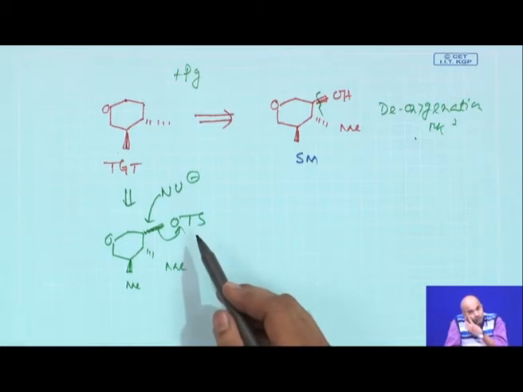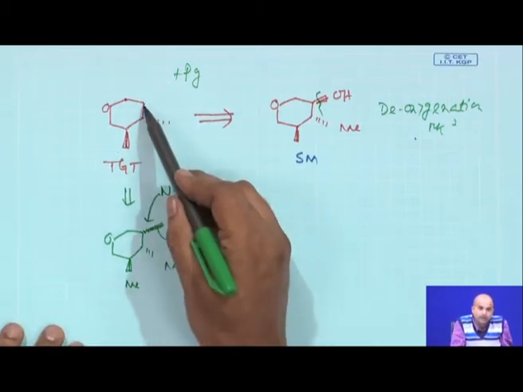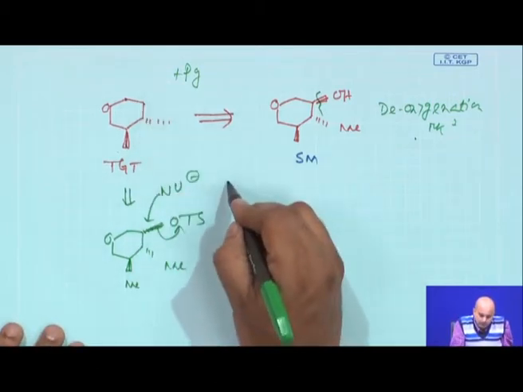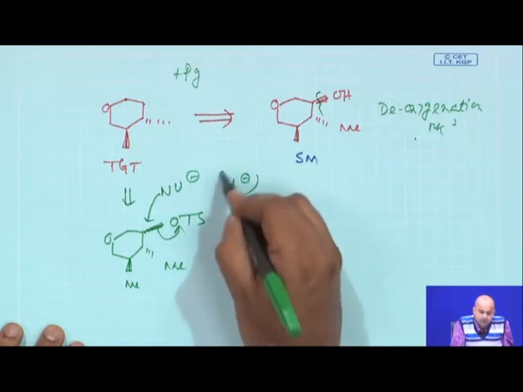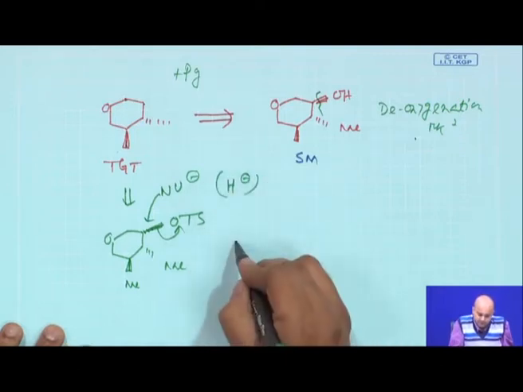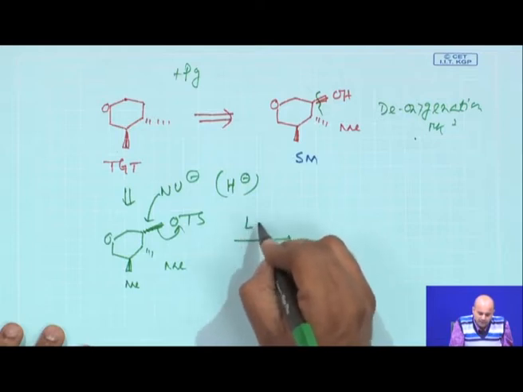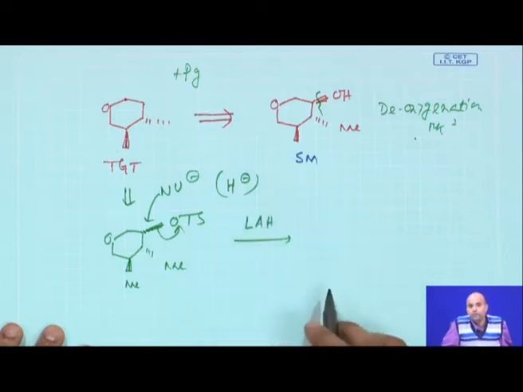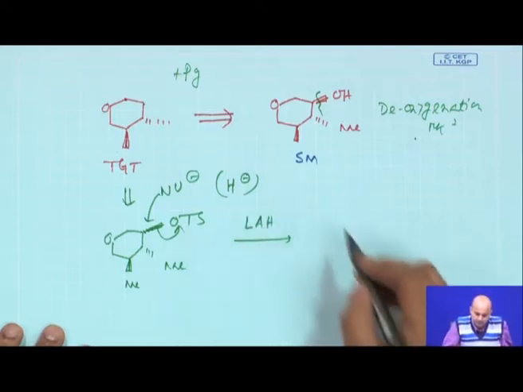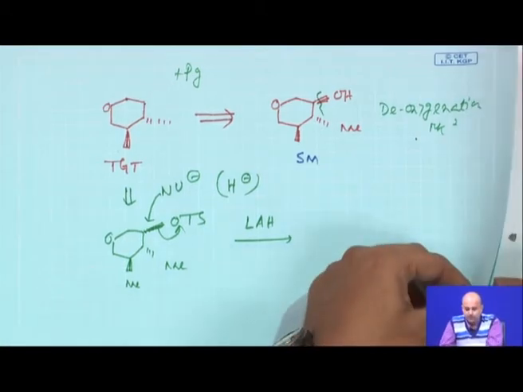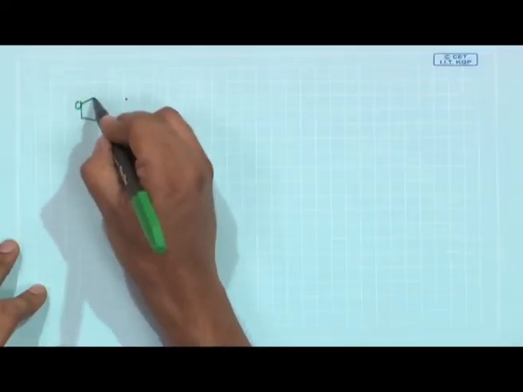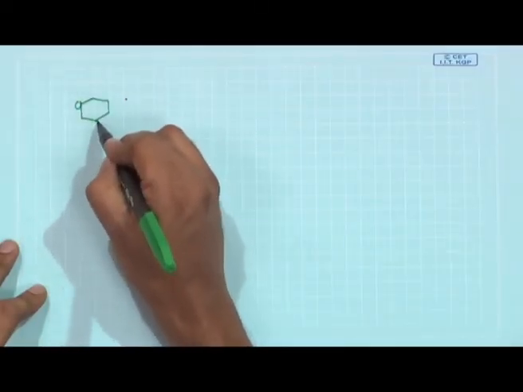Now, what nucleophile do you need to use here? Because you need a carbon hydrogen bond. So, hydride might be a good nucleophile, and all of you know that lithium aluminum hydride is a good source of hydride. So, eventually your forward pathway will now have the chemistry which we can formulate in this way.